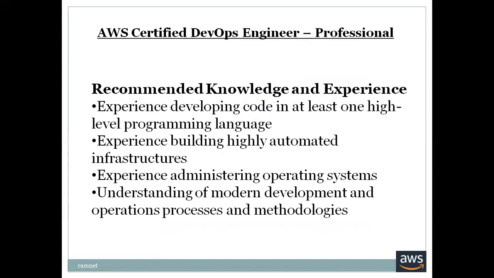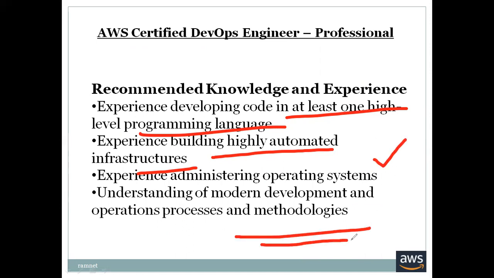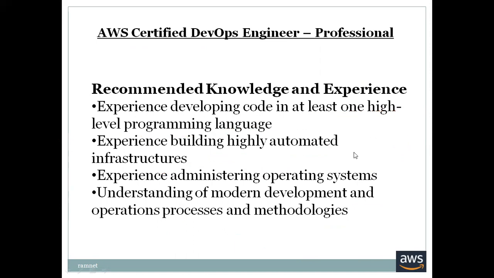So recommended knowledge and experience: developing the code in at least one of the high-level programming languages. Experience in building highly automated infrastructures. Automation you should be working on. Experience in administrating the operating systems. Understanding the modern development and operation processes and methodologies. It is a very high-level exam. You should be a proper coding guy. Maybe around 6 to 7 years of experience in coding, as well as on the AWS platform. If you've done that, you can go for this DevOps Engineer Professional level